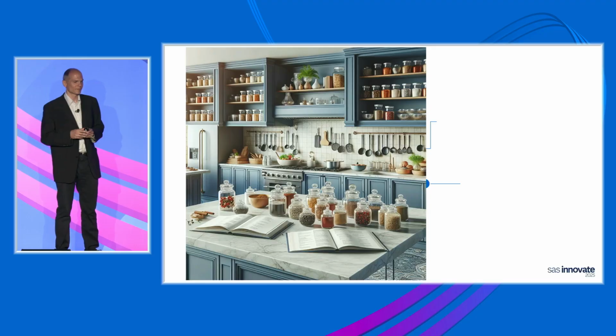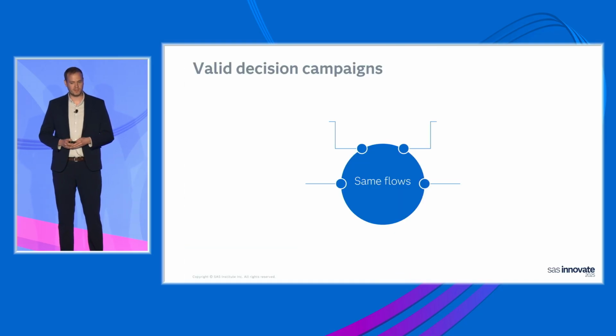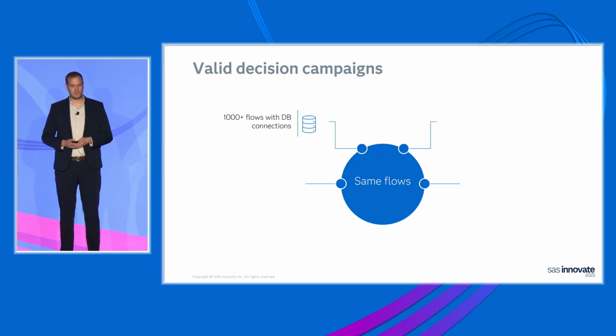You can see the kitchen is very crowded. These are the spices and the recipes. And the spices in this term are the variables and the connections, while the recipes are the web services and the custom logics. What we really wanted was valid decision campaigns here. So we have over 100 decision flows with database connections, and we wanted to have these same connections. If just one of them went wrong, then our dish would have a different taste, and